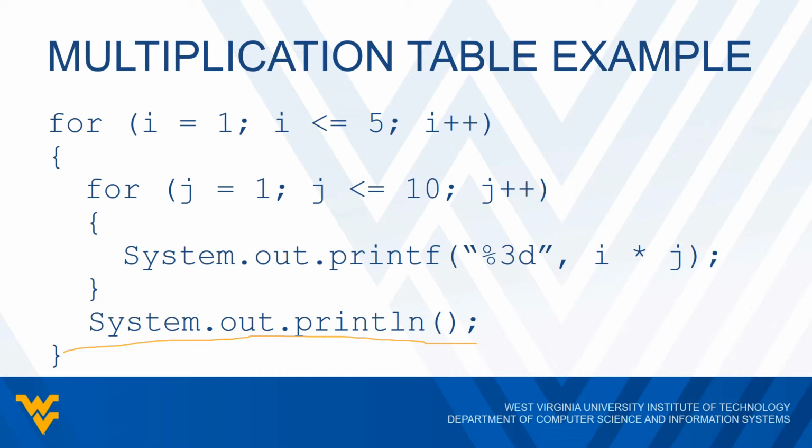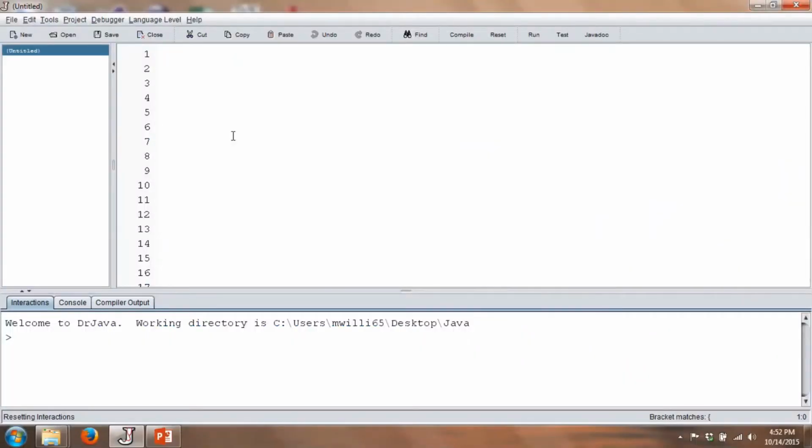So here's my point with this. Take a look here. We have 1, 2, 3, we have 4 lines of code, and this will print an entire multiplication table. It's just fascinating that we can take a few lines of code and produce so much data for our output. Now let's go ahead and implement our multiplication table code from our last slide and see what happens there. So we need to write a program,